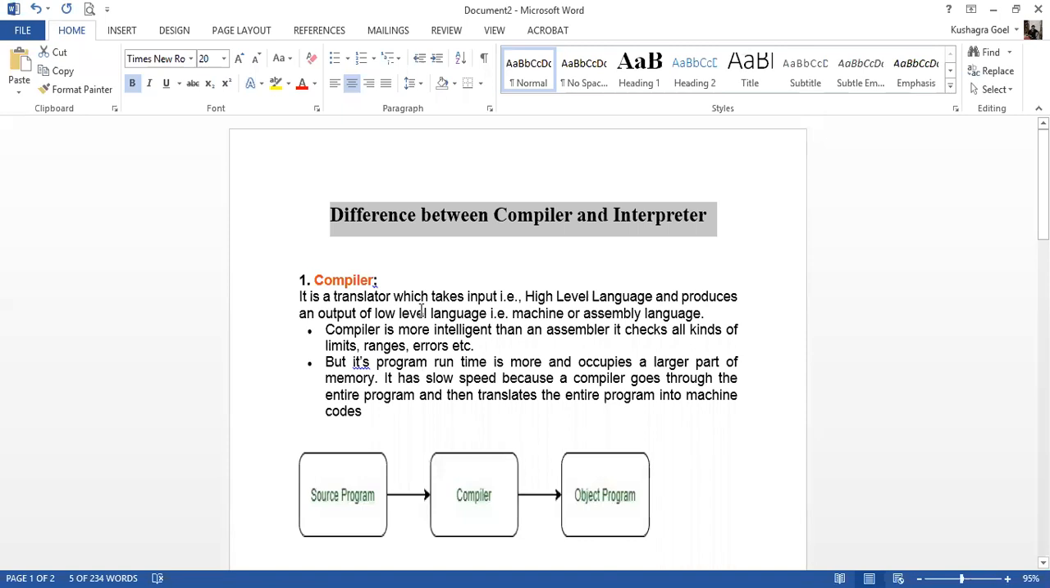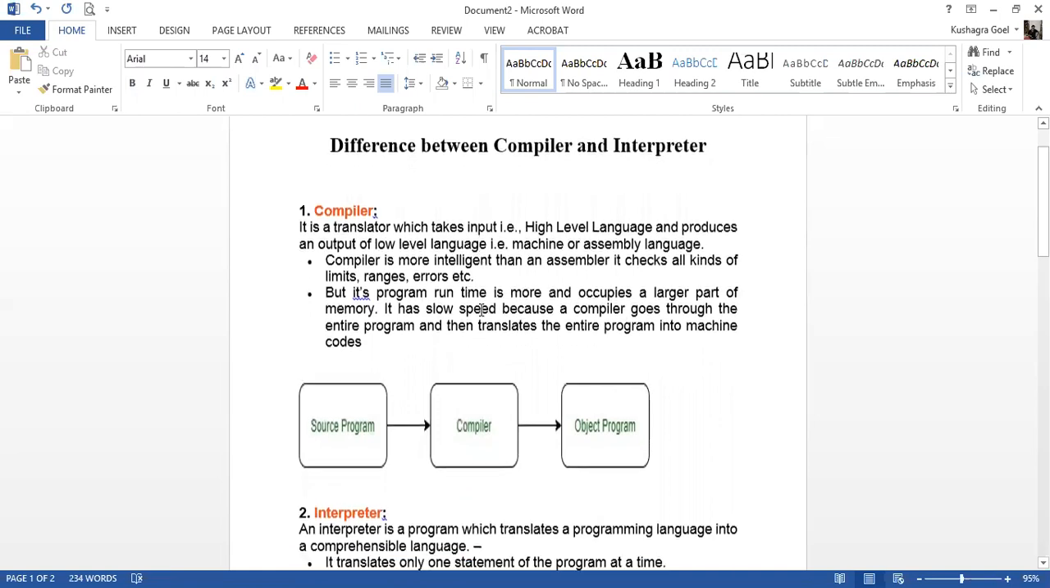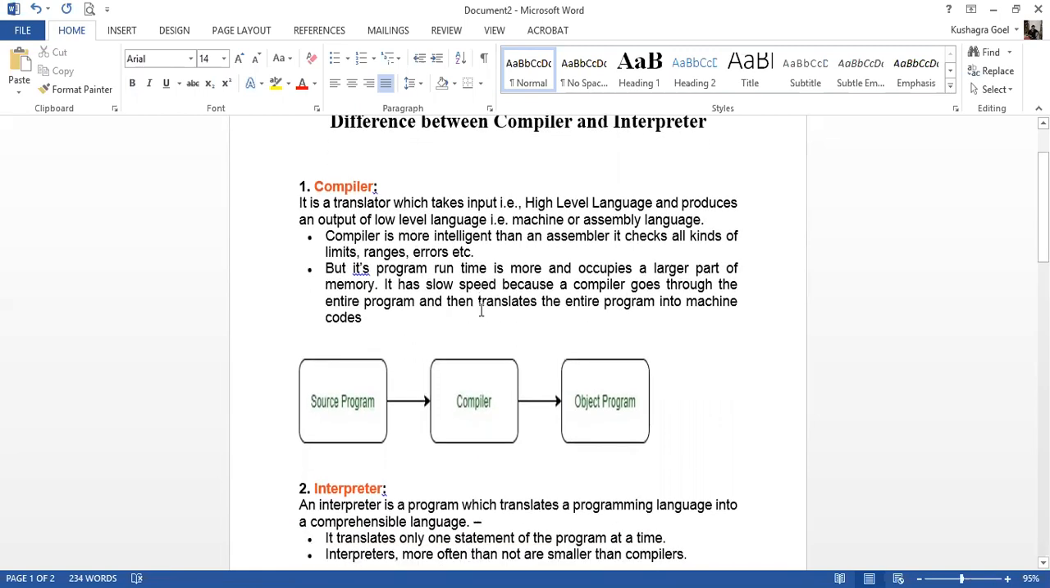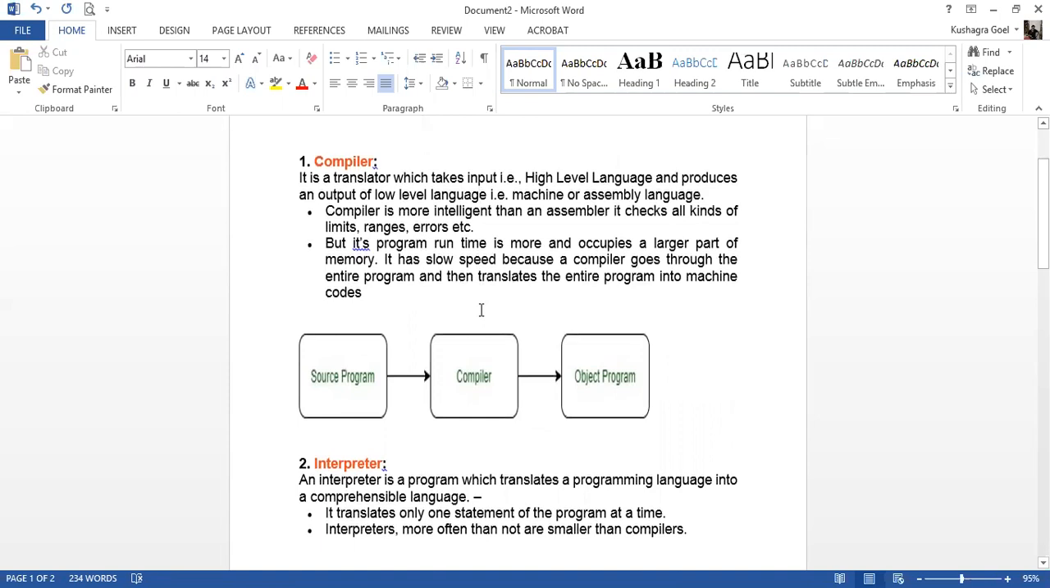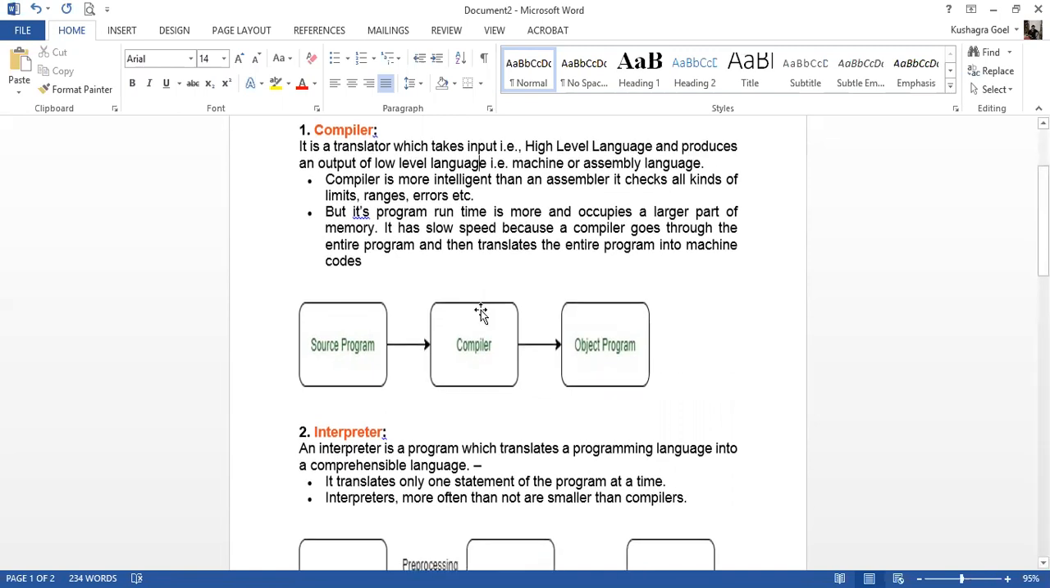So compiler. It is a translator which takes input in high level language and produces an output of low level language, that is machine or assembly language. So a compiler is more intelligent than an assembler. It checks all kinds of limits, ranges, errors, etc. But it's a program